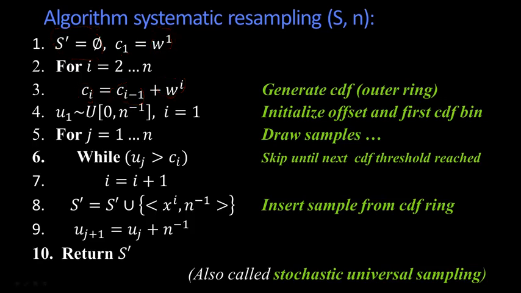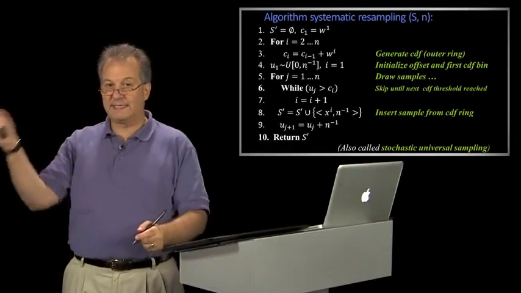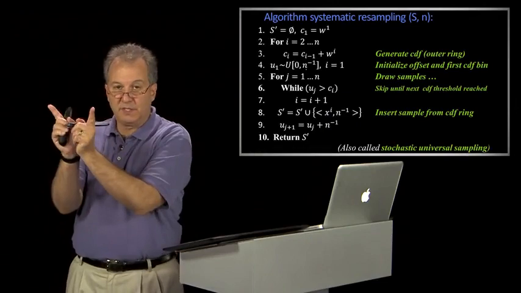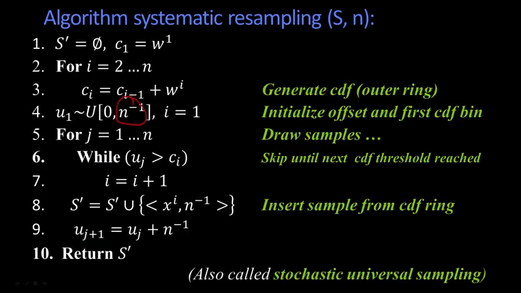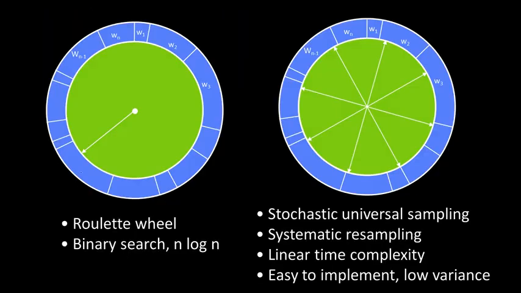The next thing you do is you have to pick. Remember I told you you have to randomly throw down the wagon wheel to start with? Well, if the wagon wheel has 8 spokes, the first spoke has to go somewhere between 0 and 1/8. That's what this is right here: n to the minus 1, maybe I should write it as 1 over n. That's the offset. Then you go around the outer ring seeing, did I pass my offset yet? As soon as I've passed it, that's the CDF part that I'm in. So just drawing that on here, if this is my first one, and this is where it starts on the outer ring, I say, did I pass it yet? Nope. Did I pass it yet? Yes, I did. So this first spoke landed in W2. Then I just go to the next spoke, and I say,